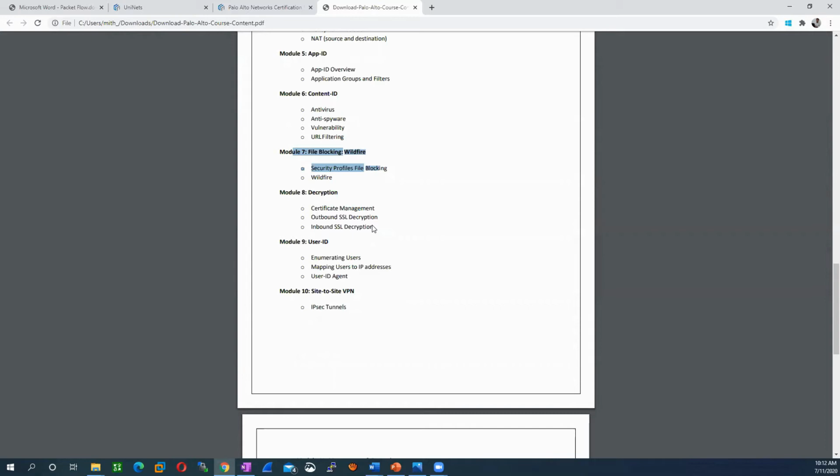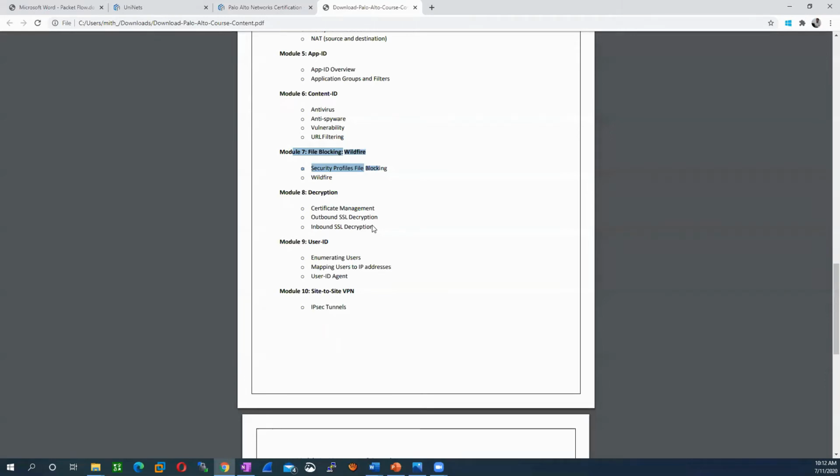To configure this, we must have some kind of certificate. So we will talk here about certificate management in Palo Alto, self-signed certificate generation, and outbound SSL decryption. We will use those certificates to decrypt the outbound traffic and inbound traffic.